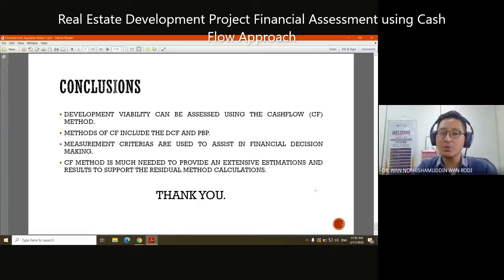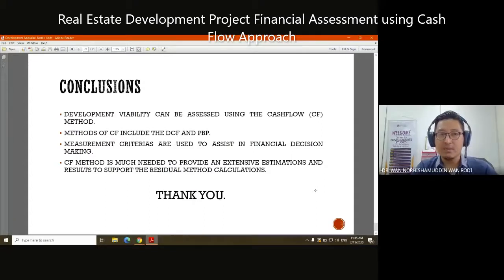We also need to conduct performance measurement to identify whether these types of projects are sustainable in the market, to avoid any oversupply and lack of demand. And also we need to look into external factors such as COVID-19 and disruptive technology, for example, because they will generally affect our future